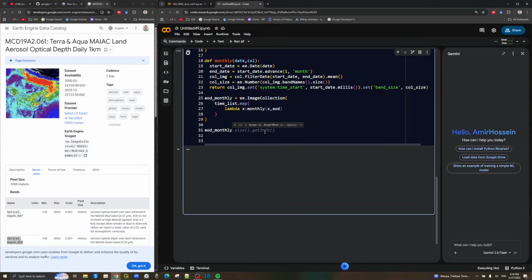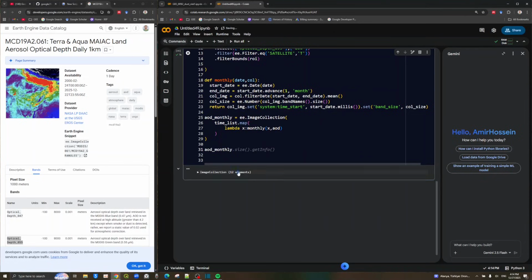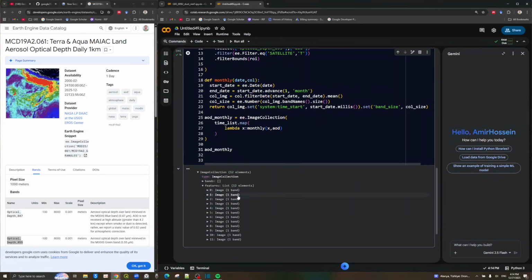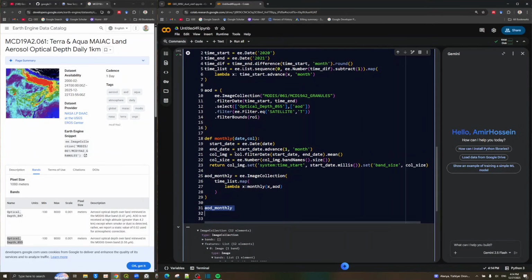It definitely takes a bit of time because 18,000 satellite images are under processing. So as you can see, AOD converted into a monthly format without any challenge. Okay, the monthly AOD dataset is ready, and we need to repeat this process for climatological data